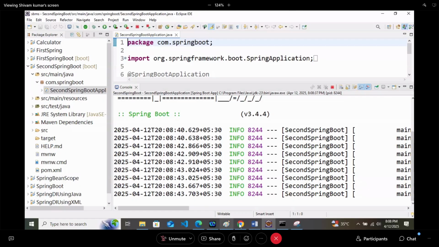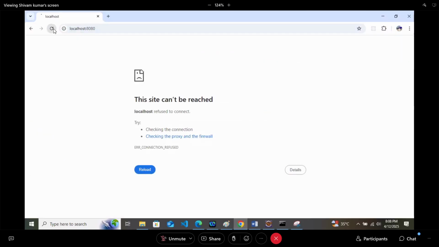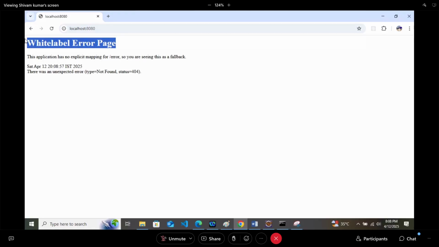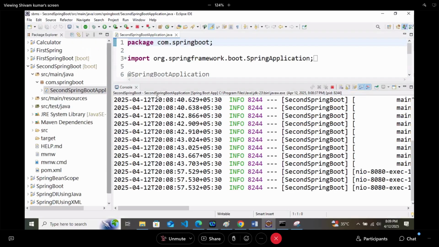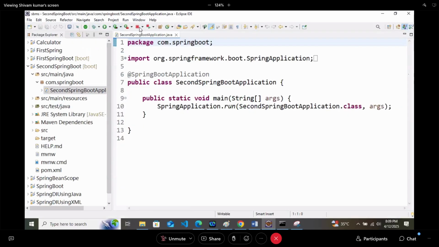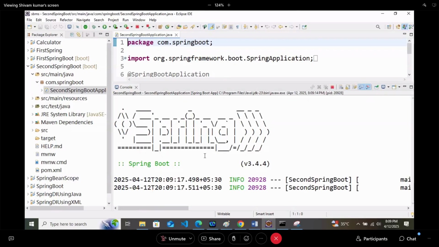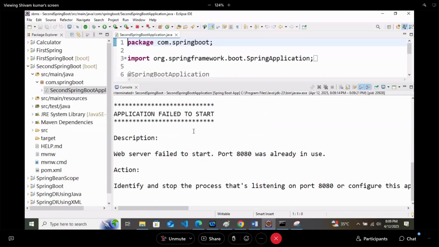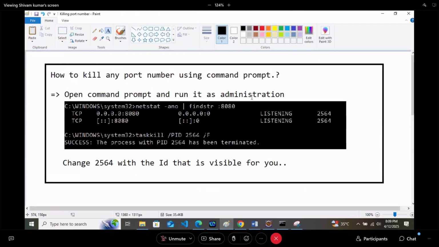And now again if we go there and hit refresh, we again got the whitelabel error page, meaning it is running, right? If I try to run the project again without stopping this server, click on the run button and again you will get the same error, application failed to start. So this is the problem whenever you are trying to do this.